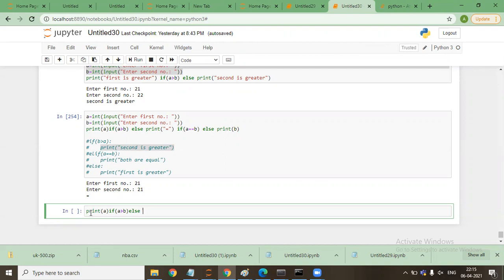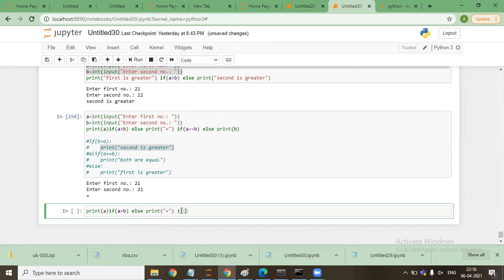In else, this print will come first, else print equal, and the condition is else if. So else came first, but if always comes second.